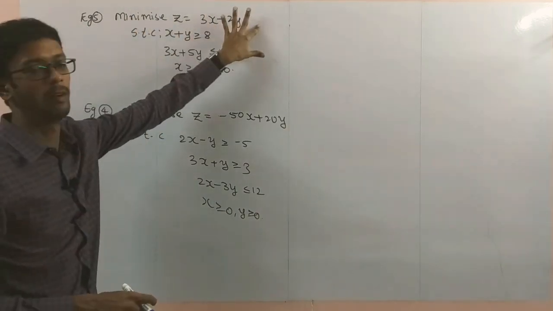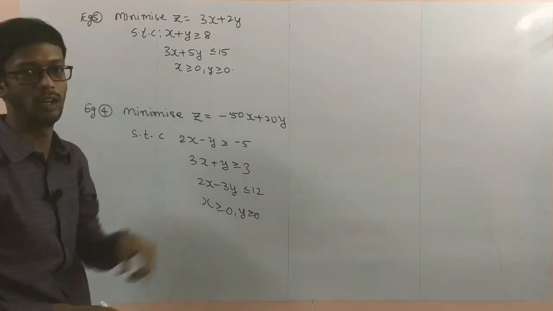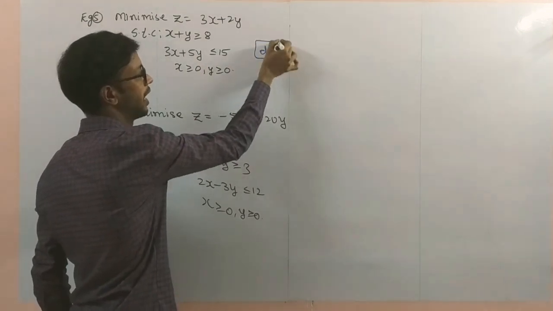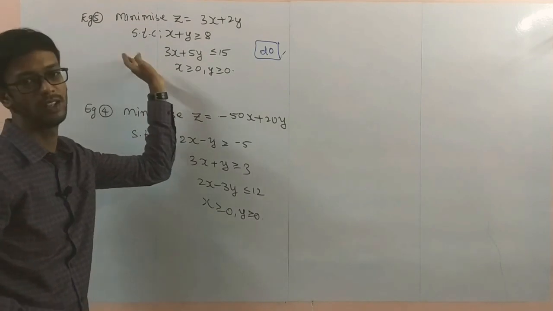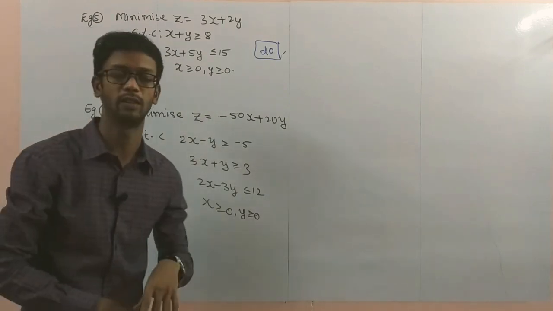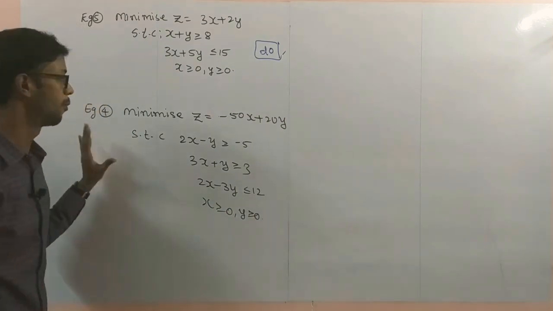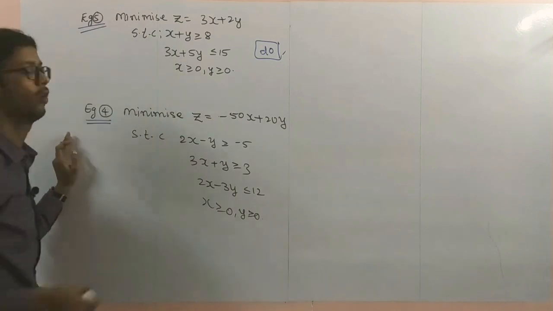Minimize Z, minimum value how to find. The two constraints are given. These two are non-negative constraints. This problem is similar to problem number 10 in the exercise. There is no common region. Here also there is no common region between the two constraints. You can solve this problem, take it as homework. And the fourth example, example 4 this one. This one is example 5.